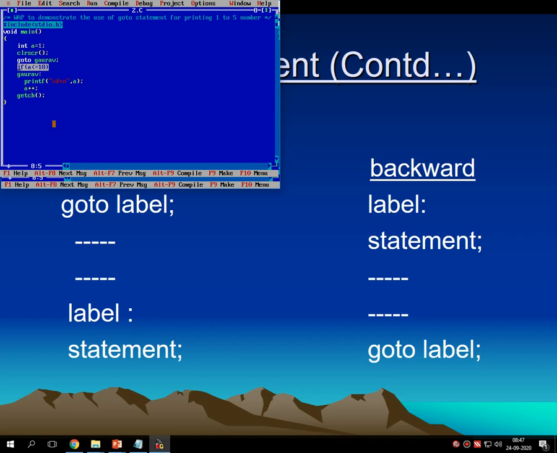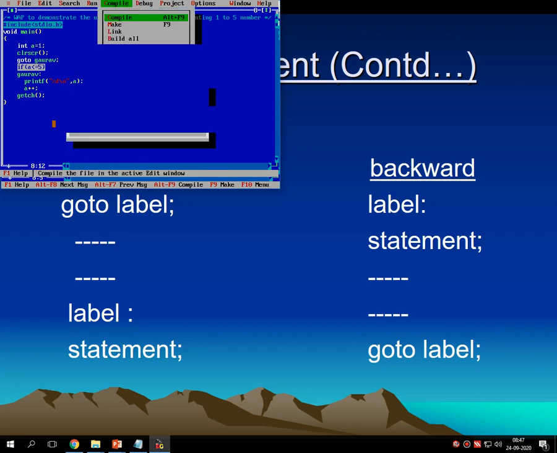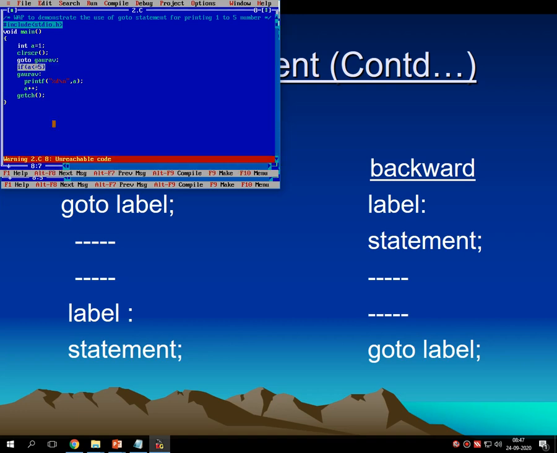Go to the program, if a is less than 10, let me change it to the lowest value. What warning message? Unreachable code. The value of a is this.